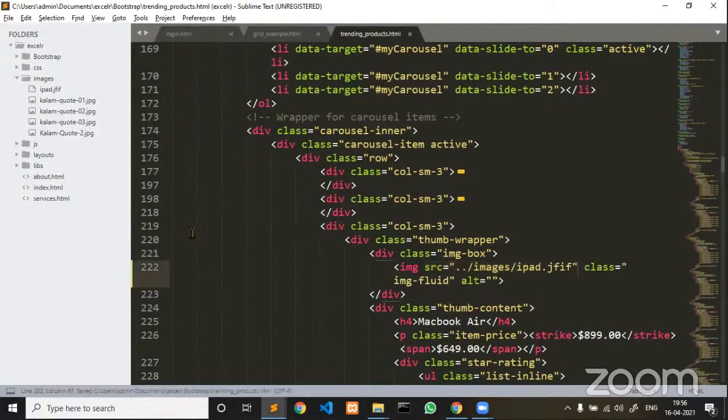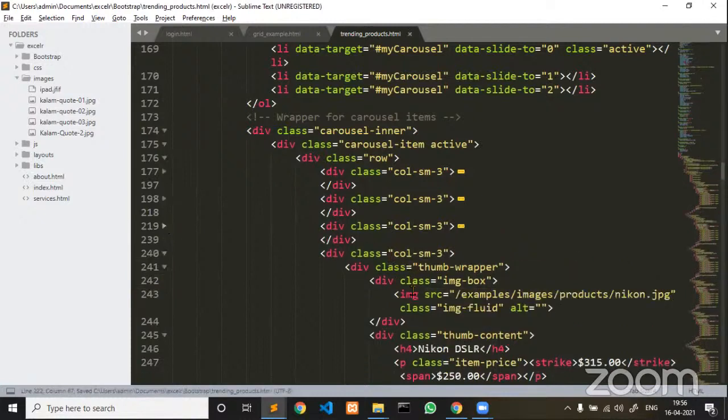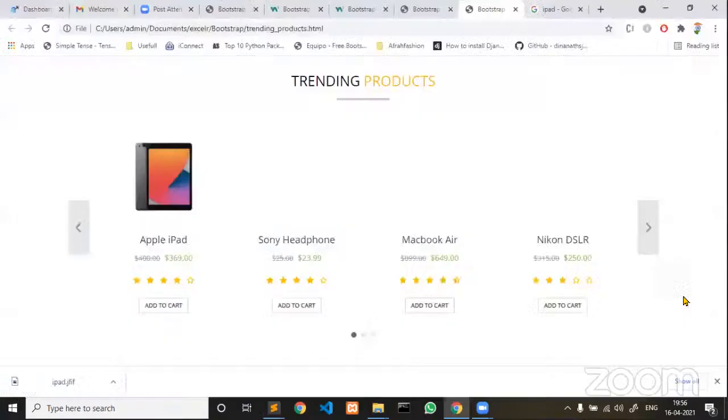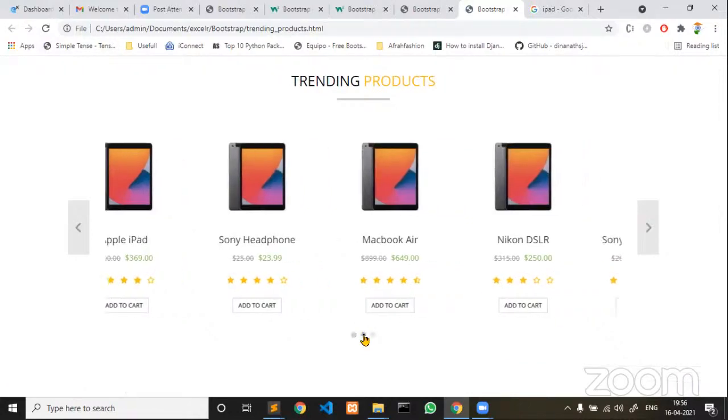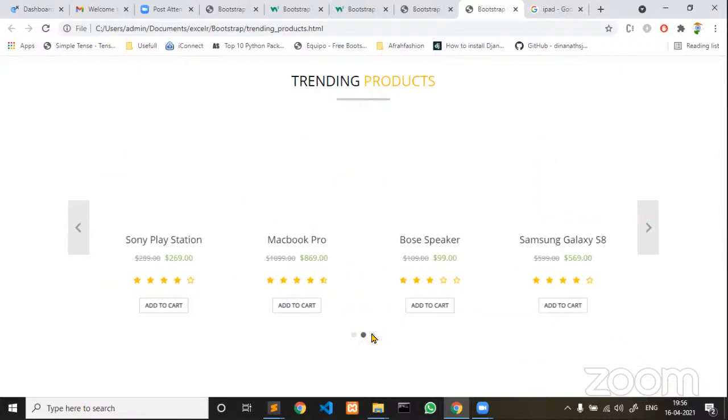This is our sample calculation. Here you can see that I just copy pasted the same image again and again. That's okay. Now carousel also I have used, and you please try to see.